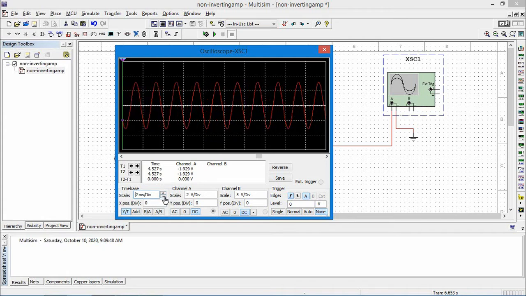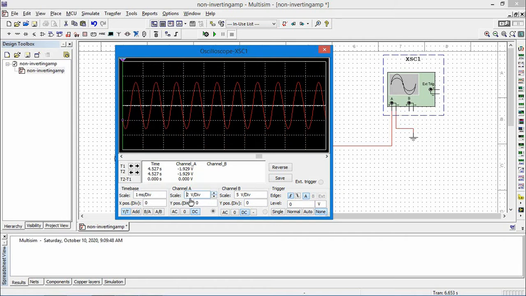Next, channel A and channel B. I said the oscilloscope is a two-channel oscilloscope. One waveform is seen in channel A and another waveform can be seen in channel B. Here I used only channel A in the schematic. By changing the scale of channel A, I can reduce or increase the amplitude of the waveform.